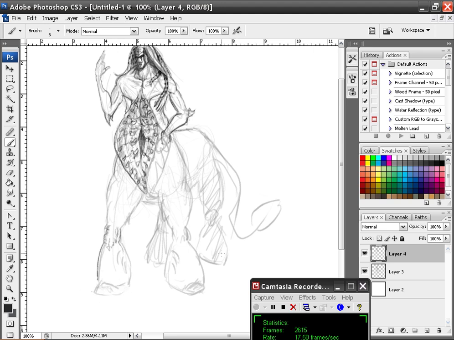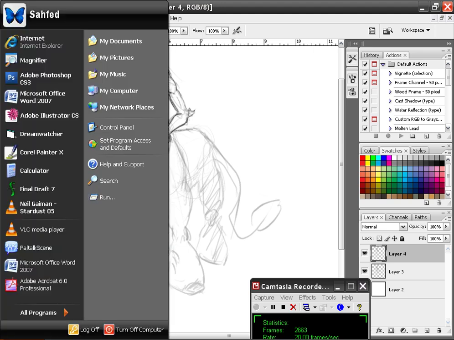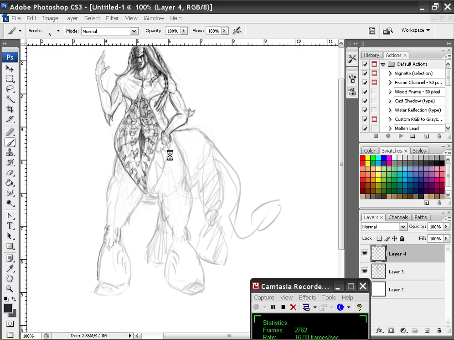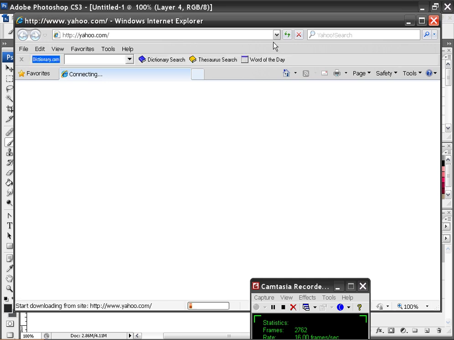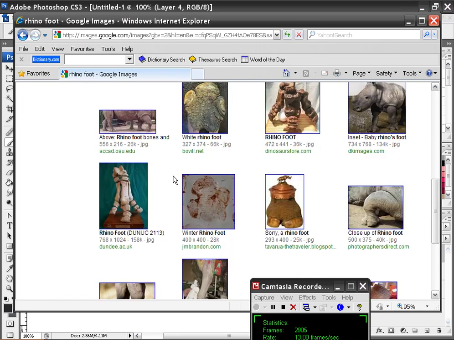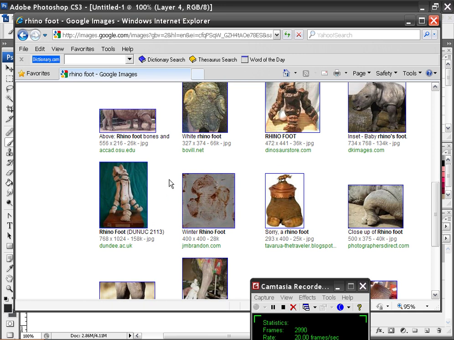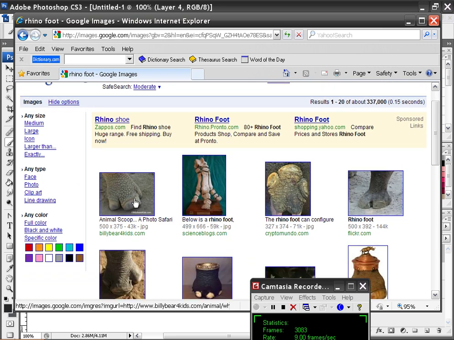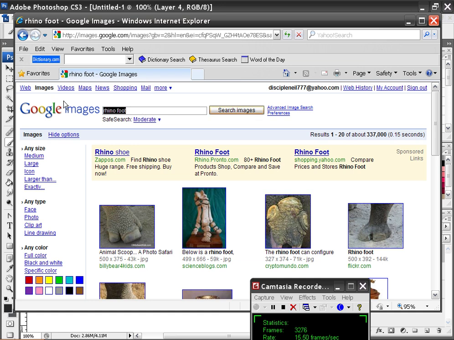If you do get stuck, you could go really quick and look at something for inspiration. Look at horses, look at rhinos. You can look at some pictures, like this is the bone structure of a rhinoceros's foot. So I'm looking at some rhinoceros's feet that kind of look like this. It's kind of three toes. That looks kind of cool. Maybe a kind of more two at the cleft. You can look at different things like camel's feet, whatever, just anything to get